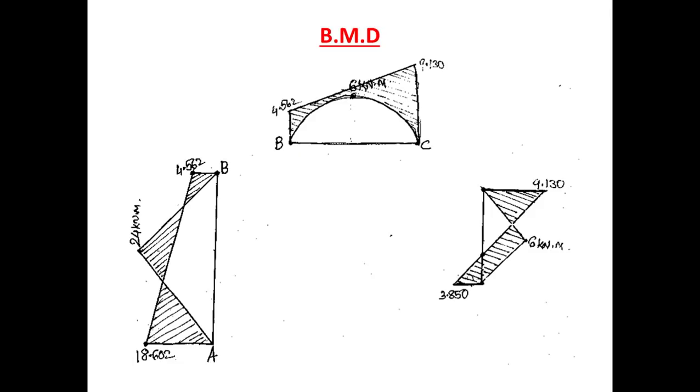Okay, so with this, unit number 2 is over, that is the flexibility matrix method for beams and frames. So in this course, matrix method of structural analysis, unit number 3 deals with the stiffness matrix method for bars and trusses. So in the next class we will start unit number 3, that is the stiffness matrix method